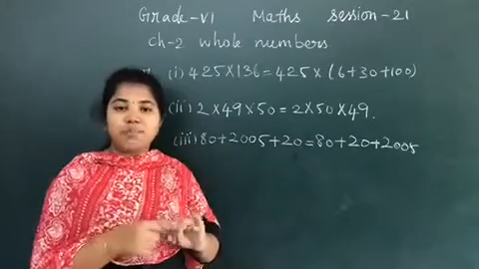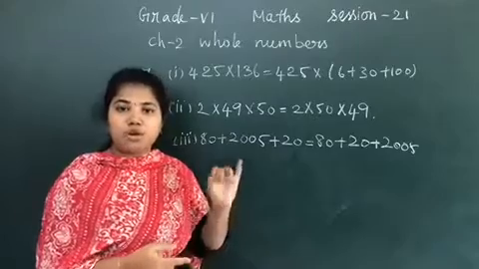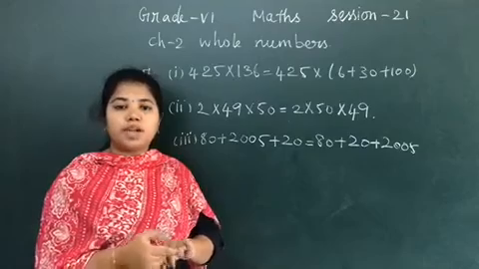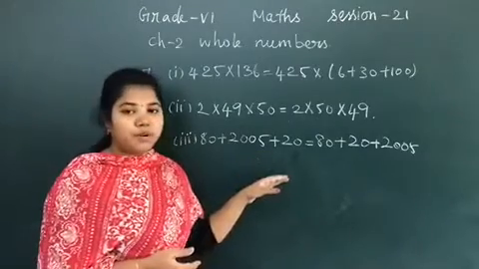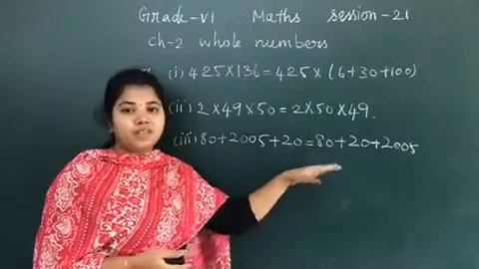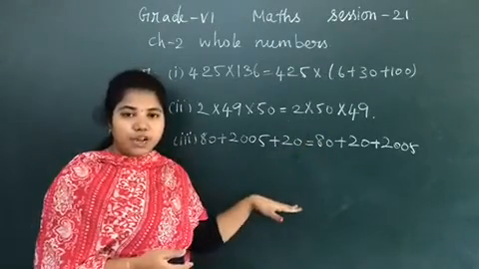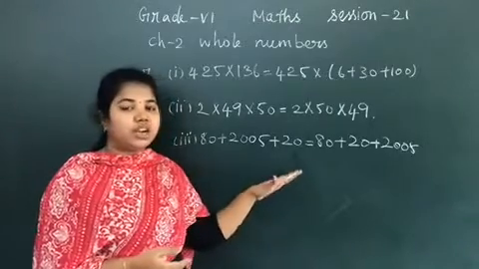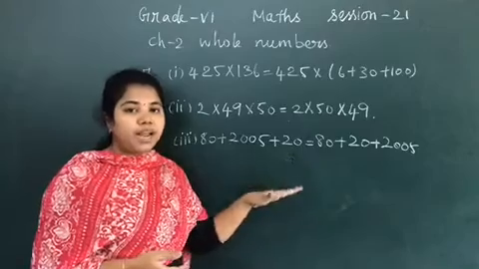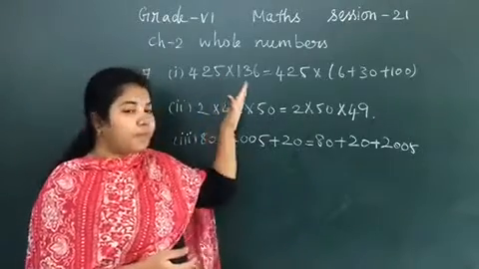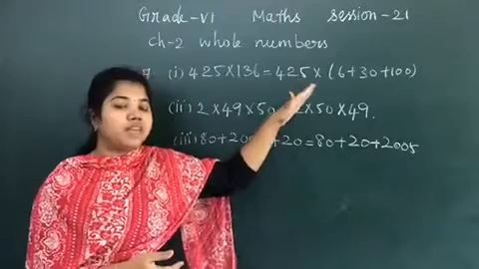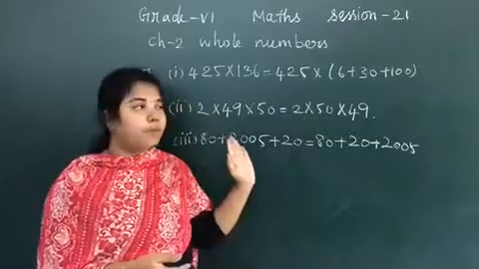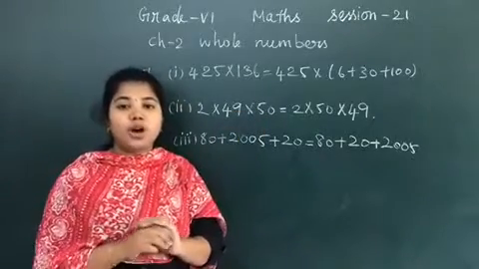Change of brackets is called associative property. The same way, addition and multiplication satisfy associative property for whole numbers, whereas subtraction and division do not satisfy associative property for whole numbers. What is commutative property? A plus B is equal to B plus A. Change of places is commutative property. Here also addition and multiplication satisfy, subtraction and division do not satisfy. Distributive property is very simple and easy. A into (B plus C) is equal to A into B plus A into C. We have dealt with so many sums for distributive property in exercise 2.2. Hope you are clear with it.